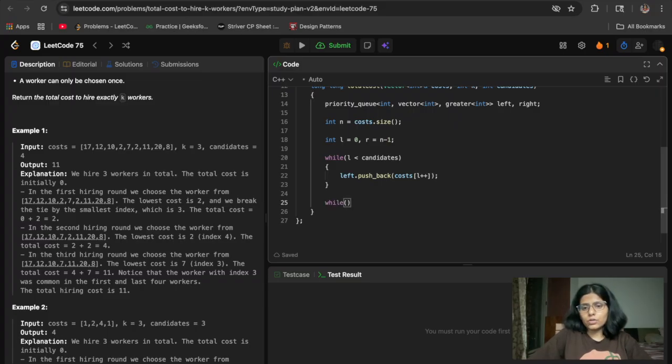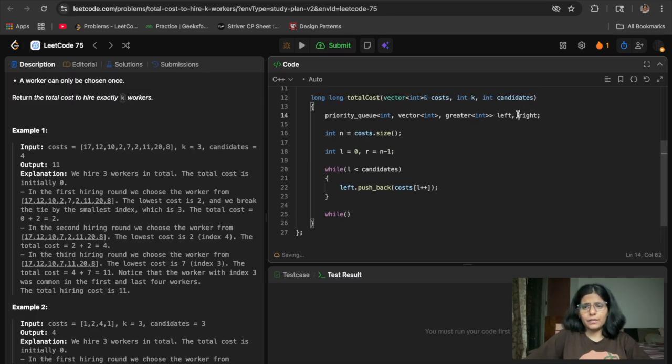If you are confused about what the R value should be: the R value should be greater than the left pointer, that we know, and the right heap size should be less than candidates. When it is equal to candidates, we stop, because we just want the last candidates, the number of candidates they have given.